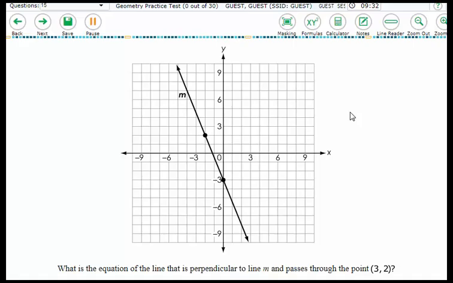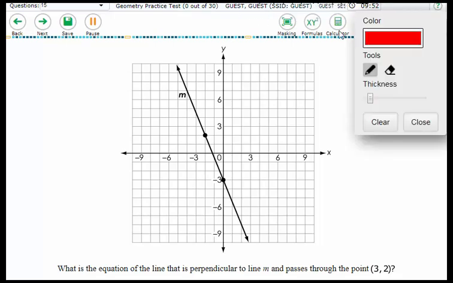For this problem, we are given a line, and the question asks, what is the equation of the line that is perpendicular to line M and passes through the point (3, 2)? For this problem, we talked about parallel and perpendicular lines towards the beginning of the year. And in order to go over just a few things that are important with this,